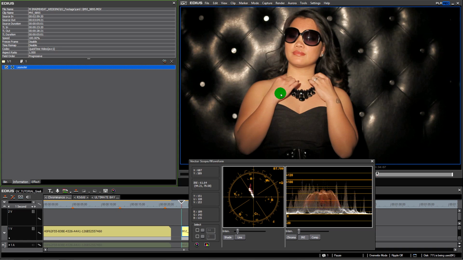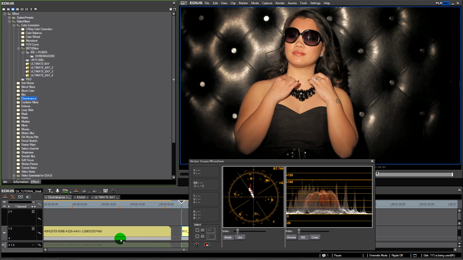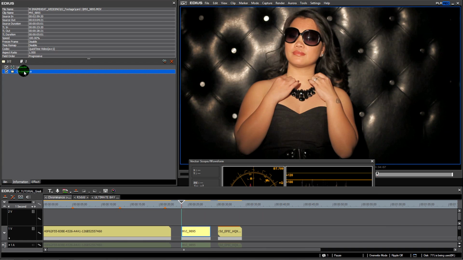158, let's just say 160. Let's say that the skin range is between 130 and 160. Now the cool part is, now that we know that information, let's get our chrominance filter, drop that on, double click,